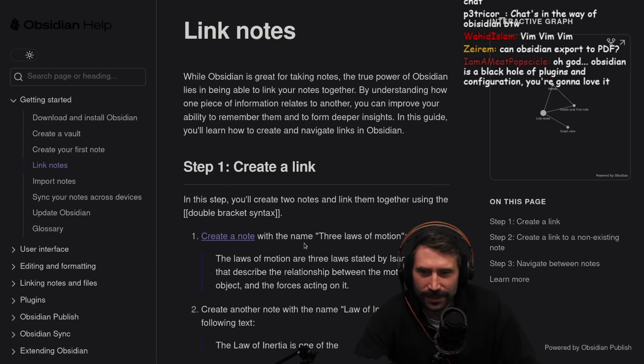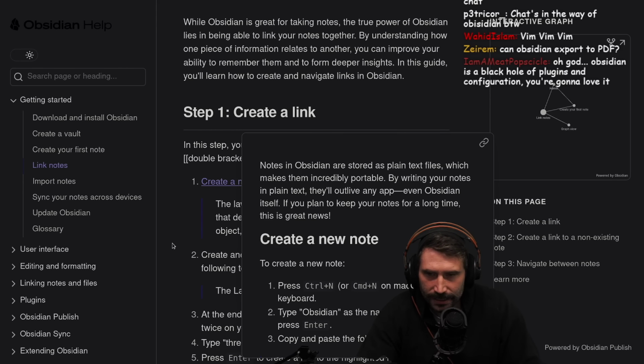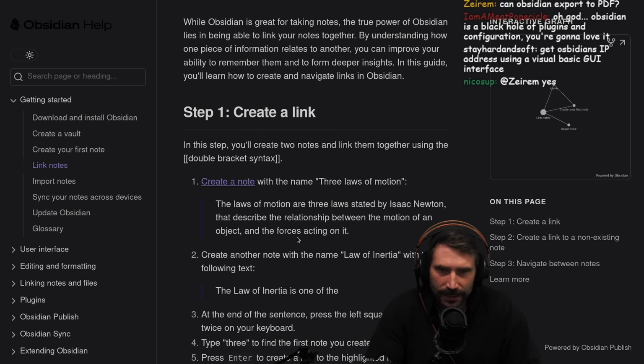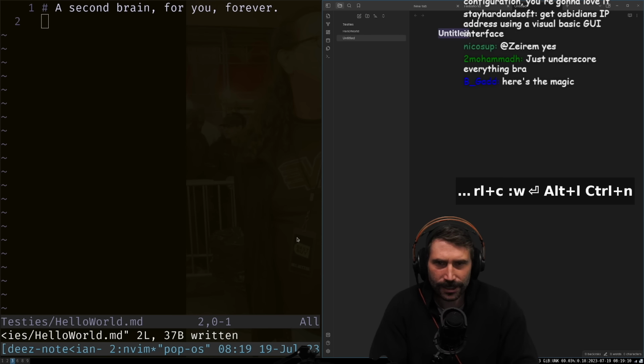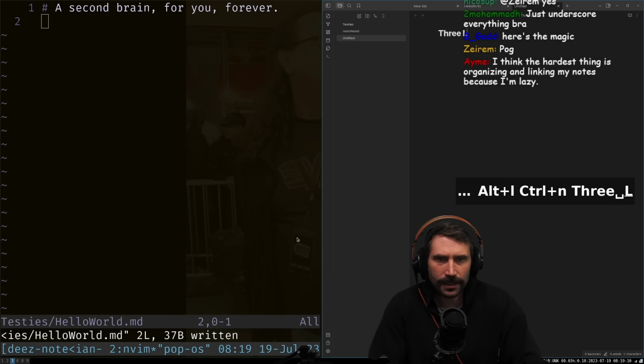All right, let's link some notes together. All right, step 1, create a link. In this step, we'll create 2 notes and link them together. Double bracket syntax. Okay, hell yeah. Create a note with the name 3 Laws of Motion. Okay, so I'm just going to go in here, and I assume I should create it in here. 3 Laws